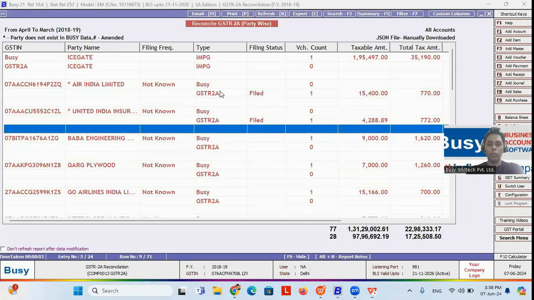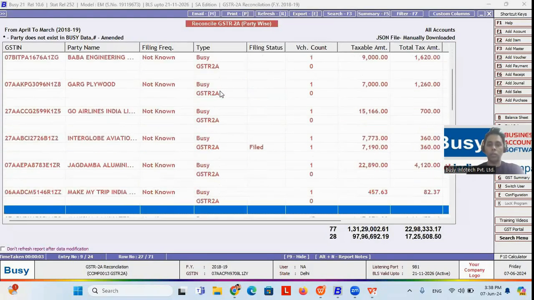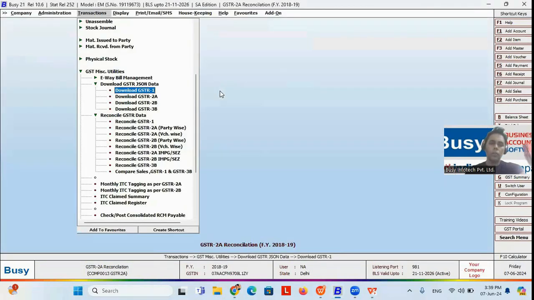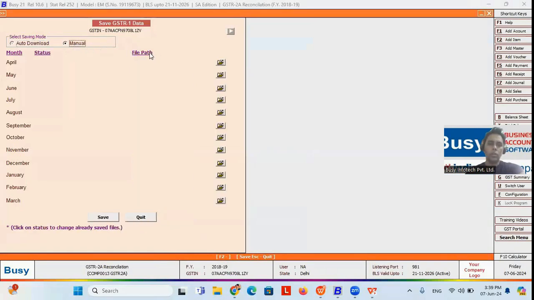So it's showing in a highlighted way, in a red color. These are the entries that have not been matched in the GSTR-2A or 2B portal. If you click on this Download GSTR-1, from here you can download the GSTR-1 to get